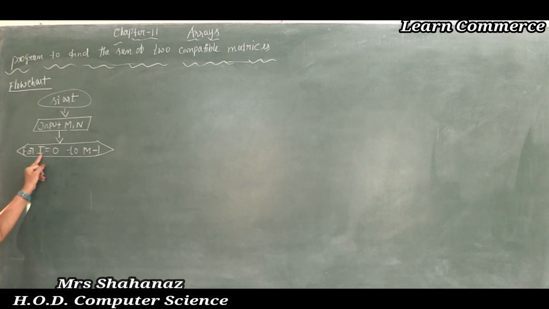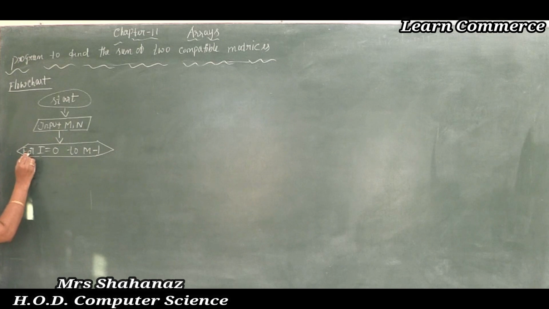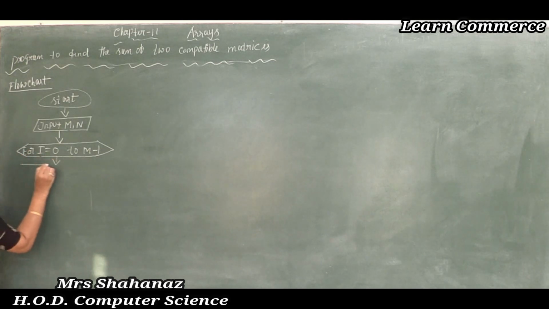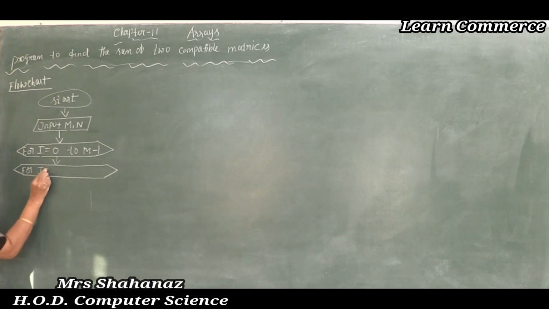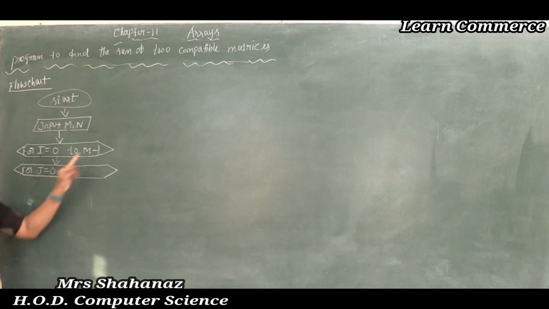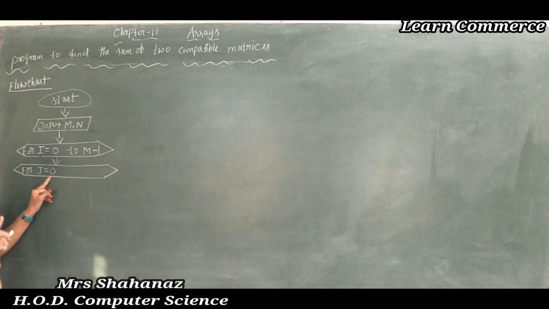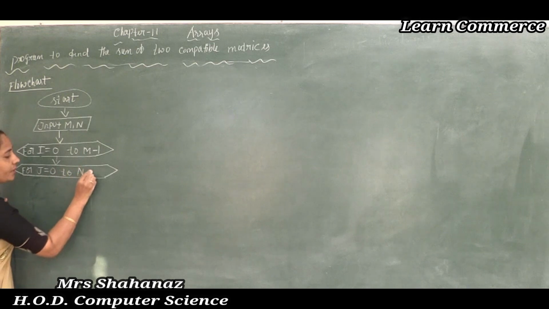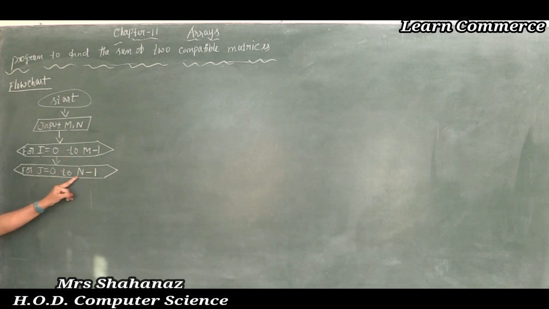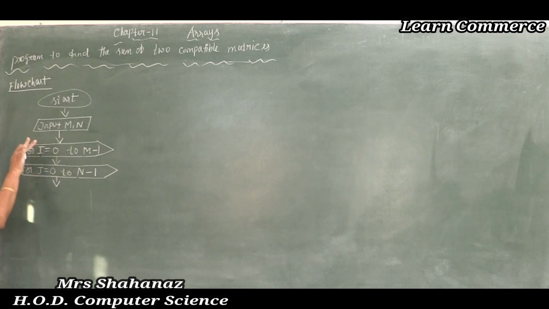So how am I going to use it here? As we know, the looping statement. What about the looping statement? That means it is going to repeat this statement again and again until the condition is satisfied. Clear this point here? So for I is equal to 0 to m minus 1, and not just the row size, we need to represent the column size as well. As we know, for column size we use the variables n and j. Clear this one? For row size I and m are used, for column size j and n are used. So for j is equal to 0 to n minus 1. Clear this part here? The j is equal to 0 to n minus 1.